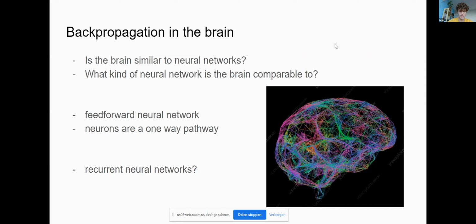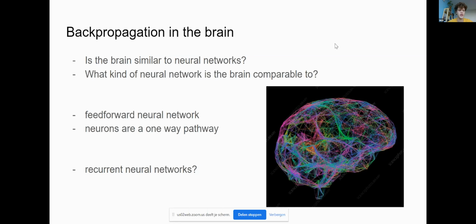Also, for vanilla backpropagation to work, information needs to go through the neural network all the way. And on the other side of the network, the neuron reflects on itself with the cost function, and then the weights and biases are adjusted starting from the back. In a neural network, the information can pass through the neurons in both directions. This is not possible in real neurons, so this is another reason why a vanilla backprop most likely won't work